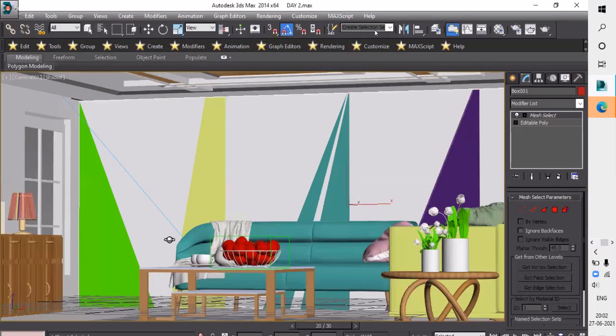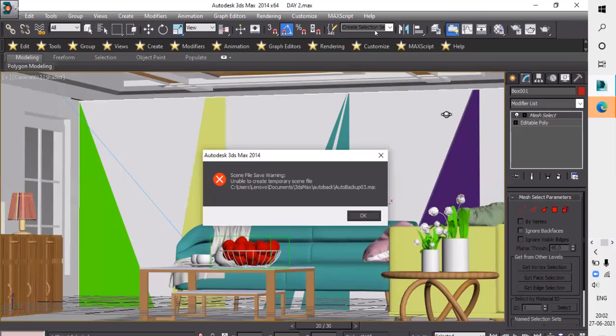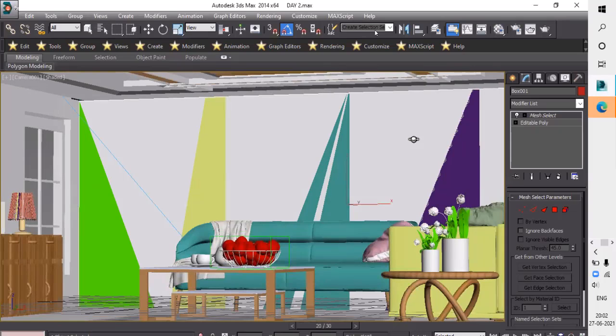Any doubt about this model? Please tell me, because I want to proceed further, and it's the last part of our workshop. This is the rendering process, V-Ray rendering. So please ask if you have any question. I want your response. Please guys tell me.